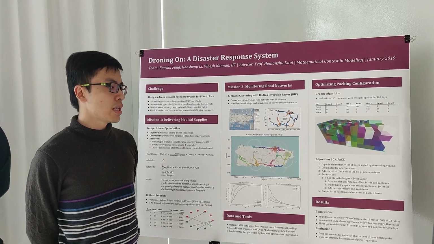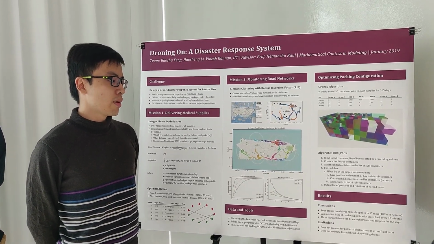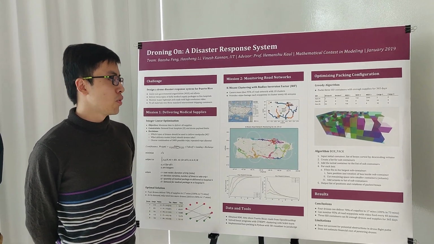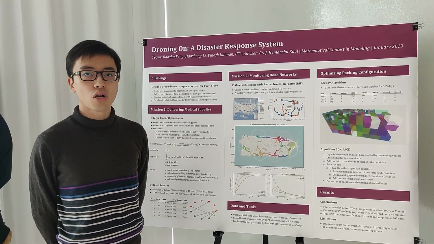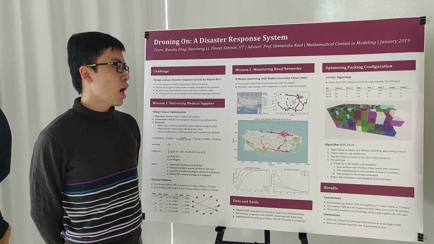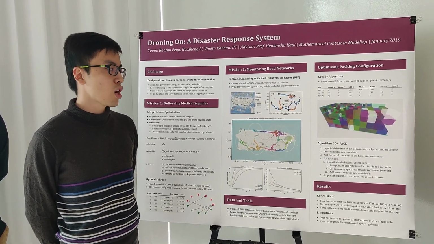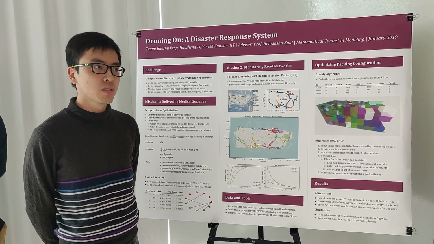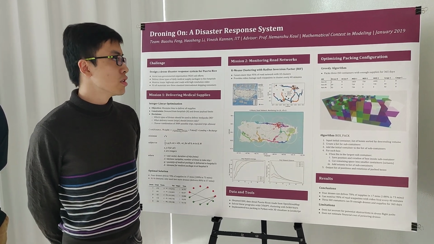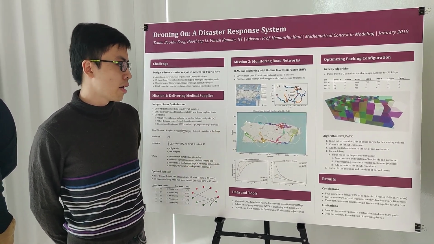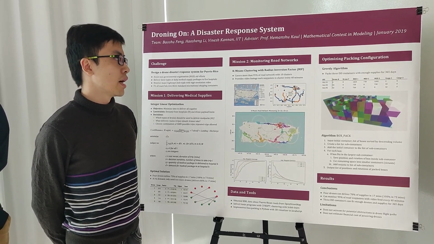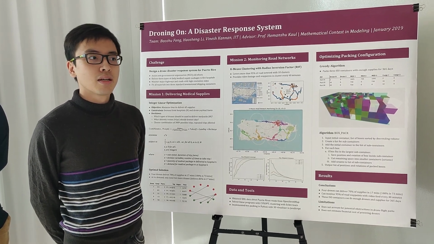But another realistic challenge is that the drones have a maximum flight time limit, so we need to find a port for them to charge. Based on that, we did some research, and finally we optimized the charging part for a continuous, robust system to detect the road situation. This is our final result, which covers 95% of the road, and it's pretty good.